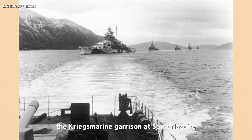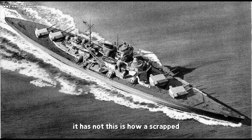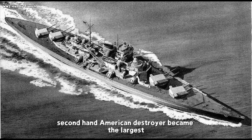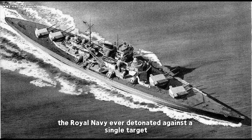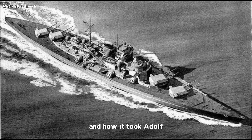The Kriegsmarine garrison at Saint-Nazaire, waking that morning to the wreckage lodged in their dry dock gate, will spend the rest of the day certain the danger has passed. It has not. This is how a scrapped, second-hand American destroyer became the largest single demolition charge the Royal Navy ever detonated against a single target, and how it took Adolf Hitler's most dangerous battleship of the entire Atlantic theater without a single German round ever needing to be fired at her. To understand why a single dry dock gate on the French coast became worth an operation of this scale and this cost,